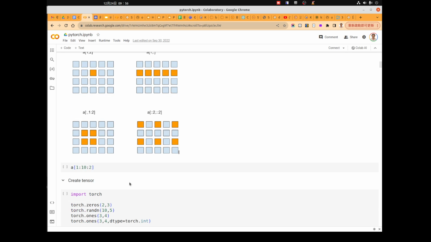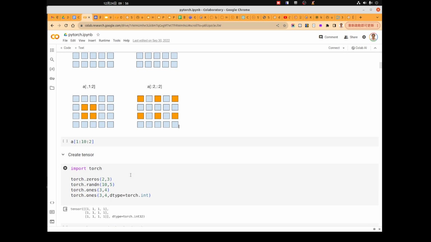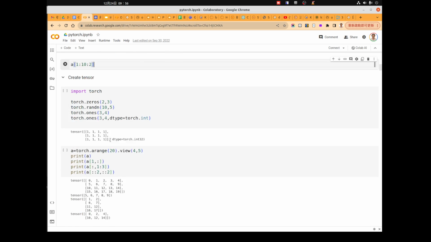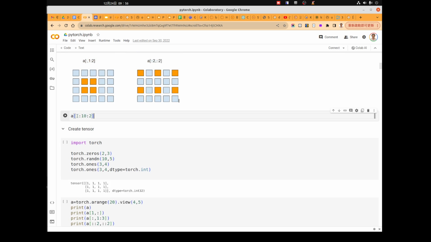So we can see that PyTorch provides a very flexible way to access the elements in a tensor. We can write anything here. For example, we can write 1 colon 10 colon 2.